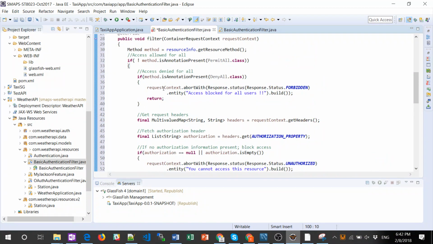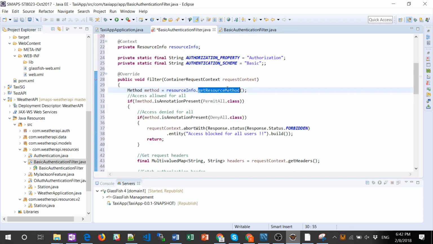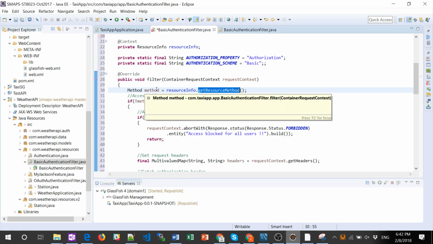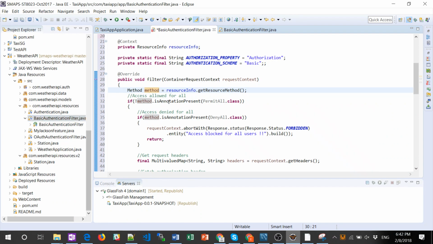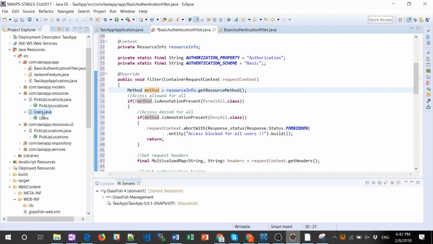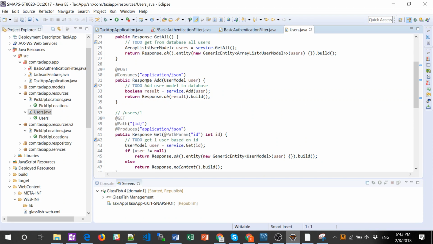Quite blindly copying and pasting. Here in the filter you get the resource method. So ResourceInfo, this is the context. You get the resource method, which will tell you what method the client wants to access, and it also tells you what annotations are present. So if the client wanted to access a method inside taxi call users, say for example get all users,